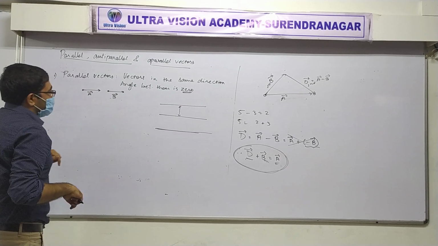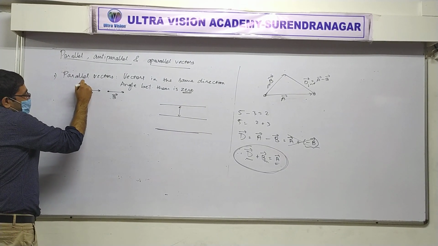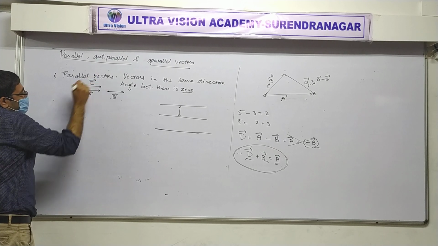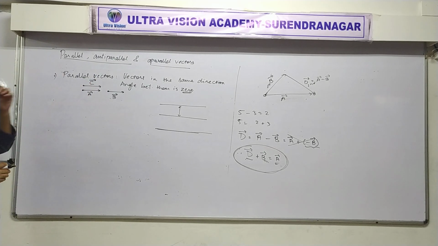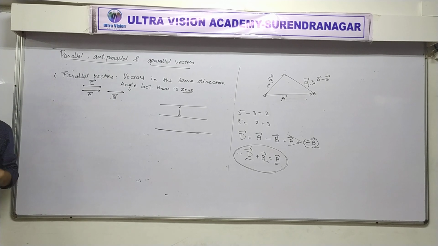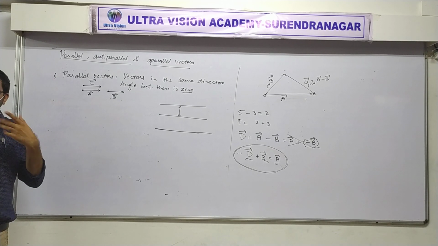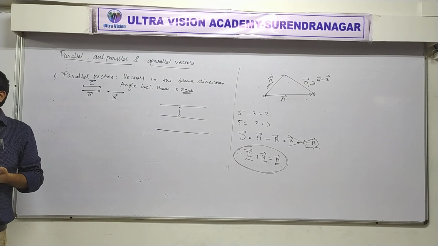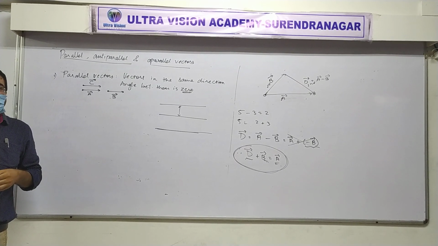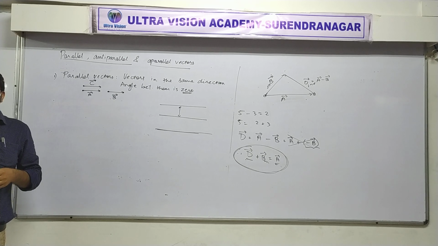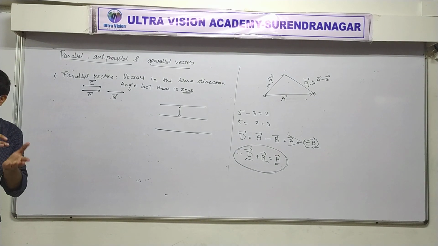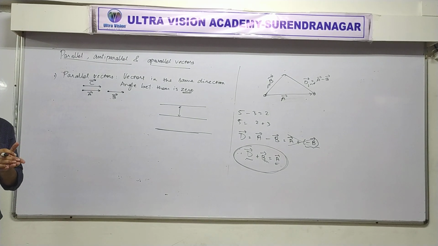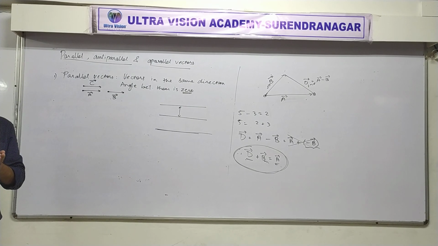But vectors, you know it. If I draw one more vector C here, then out of A, B and C, which are parallel vectors? A and C. B is not parallel? No. Wrong. All are parallel. You get confused in exactly this. The definition of parallel lines is different, the definition of parallel vectors is different. The definition of parallel lines is not to be used for parallel vectors.